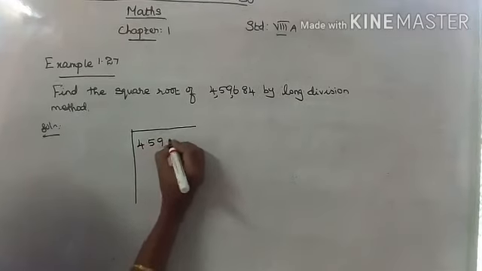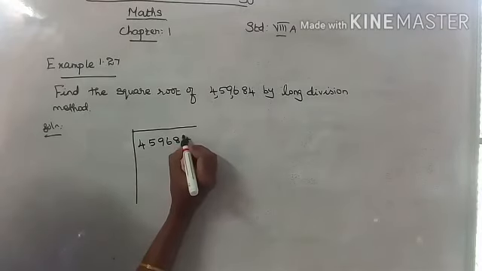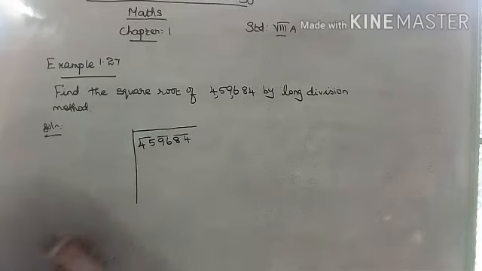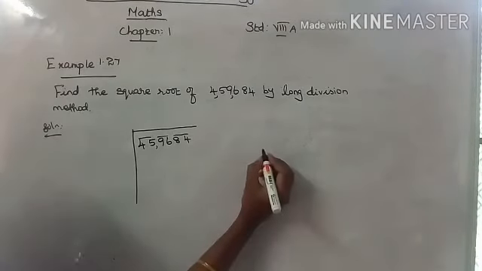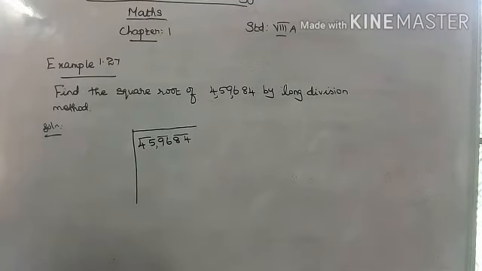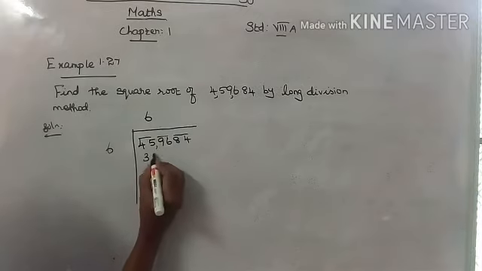This one also uses the same method as the previous sum. Okay, group the pairs. This is one of the pairs. This one. Totally 3 pairs. So we take now 45. The nearest square number: 5 5s are 25, 6 6s are 36 and 7 7s are 49. So you should take 6 6s are 36.